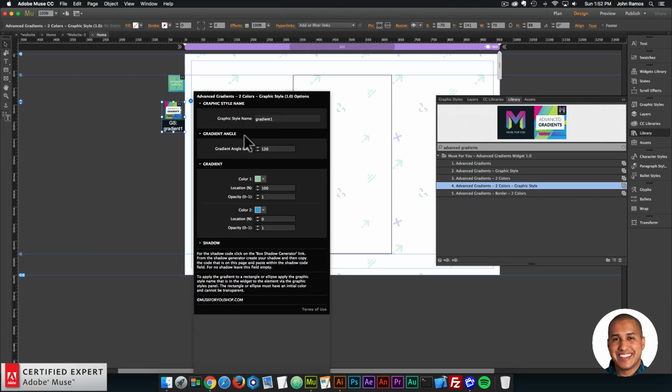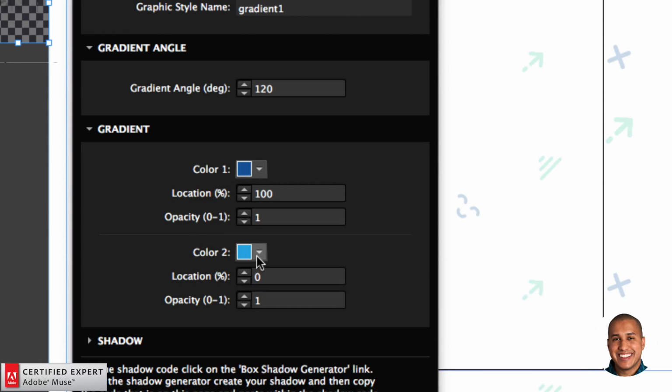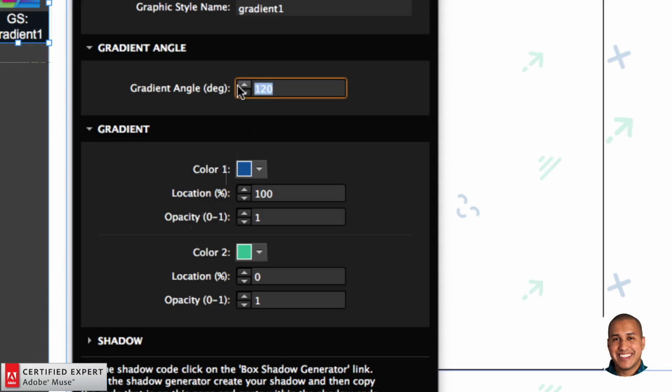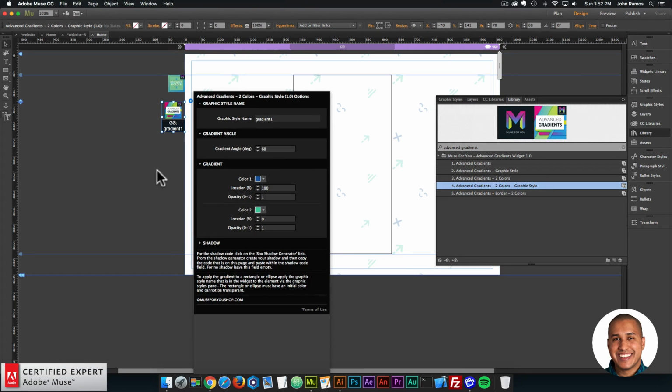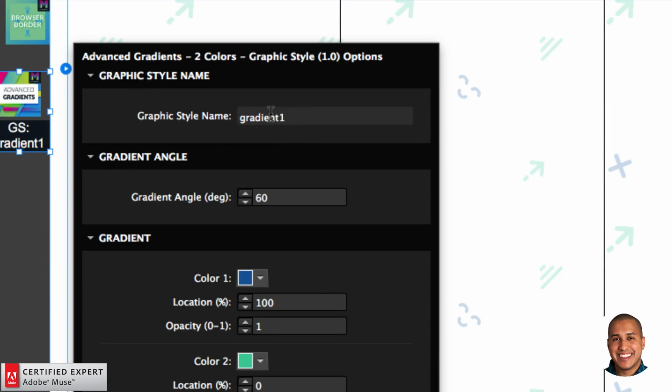So here I'll go into the advanced gradients. For color 1, I'll select this blue color. For color 2, I'll select this green color. And the gradient angle, I think I set it to 60 here in the gradient angle. And that's it. So yeah, and now I want to apply the graphic style name, gradient 1, that's in here,